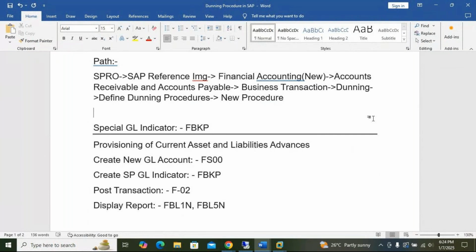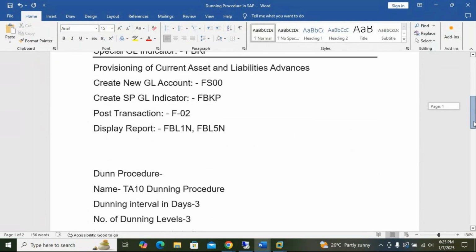So provisioning of current assets and liability advances, create new GL account. FS00 create special GL indicator FBKP. So new GL is FS00, create special GL for FBKP. Post the transactions F-1 to display FBL31. So this task has to be done first. Then we'll do dunning procedure.